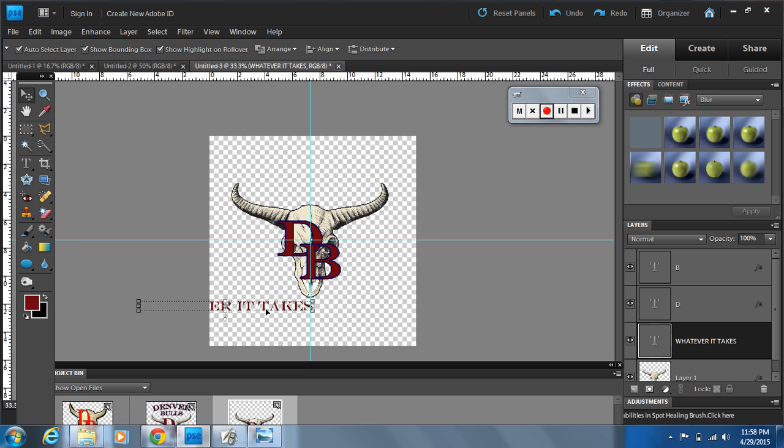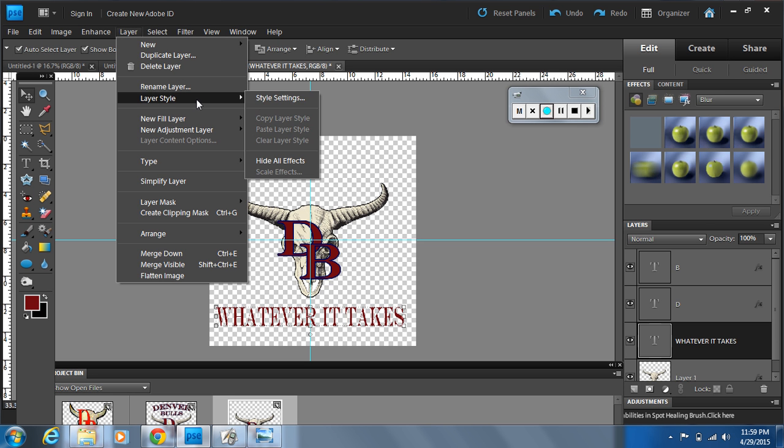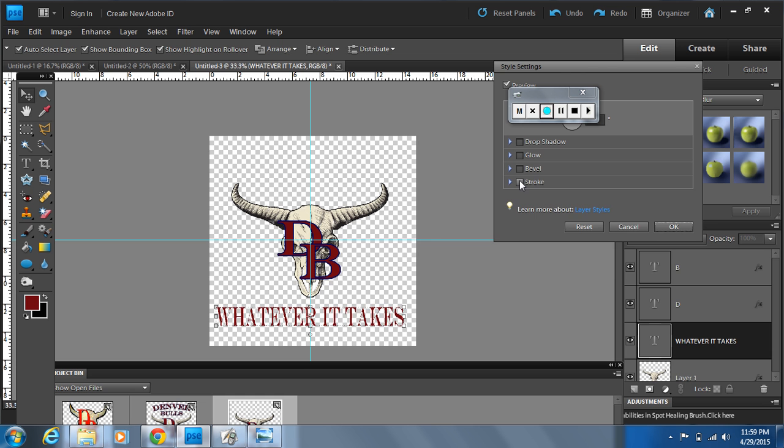And you can move it. I'm going to move it around here. Once again, we have these rulers on here so that we can center stuff up. We can resize it if we choose to. Alright, we're going to put a stroke on this also. So let's go Layer, Layer Style, Style Settings, Stroke,